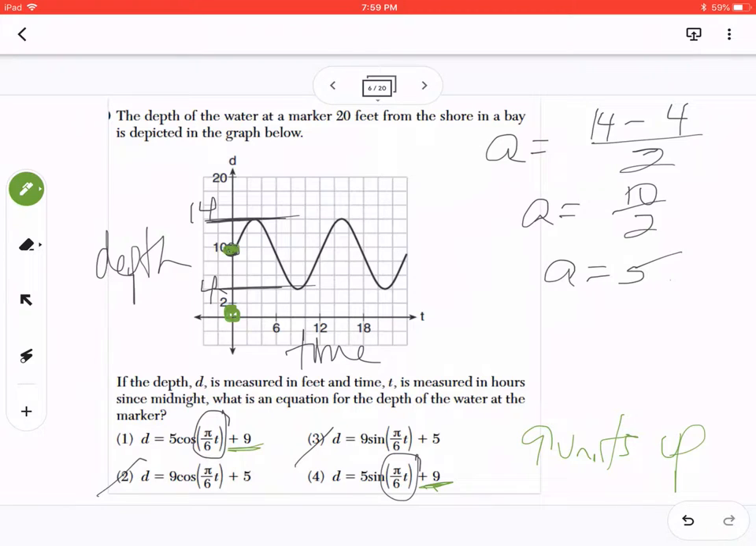Therefore, before the vertical shift or translation, the graph originally started at the origin, meaning that this was the sine function. Cosine functions start at the maximum value, whereas sine